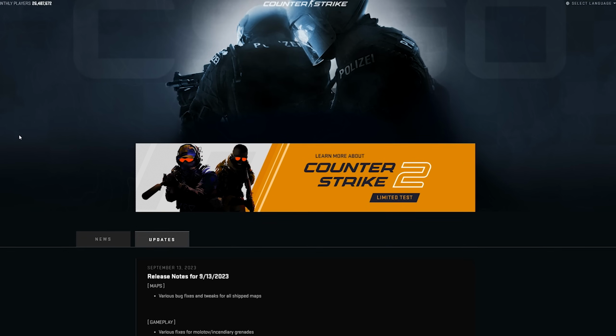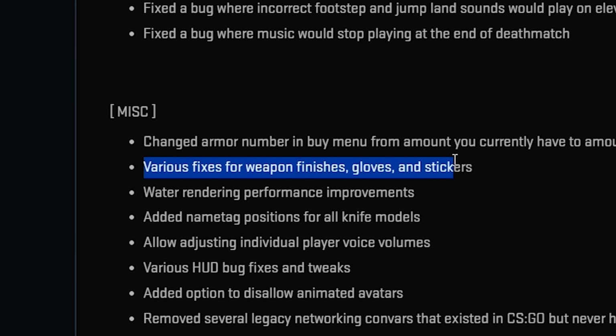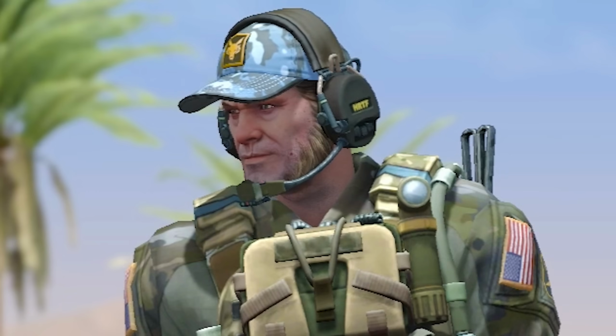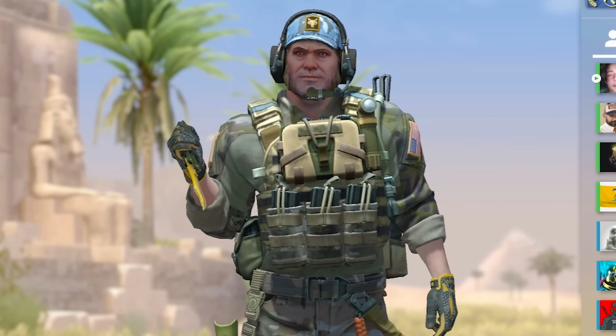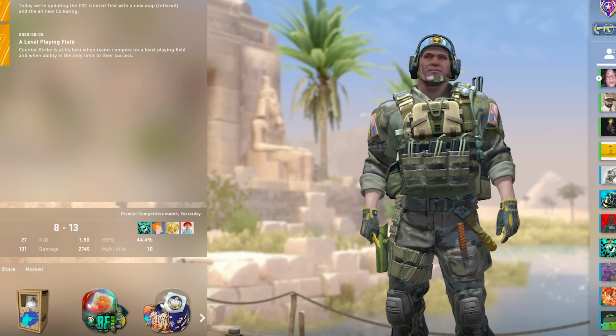Yesterday, Valve dropped an update for the CS2 beta, and within these update notes right here, you'll notice there's various fixes for weapon finishes, gloves, and stickers. That isn't anything too out of the ordinary considering this is a beta and they're going to be constantly doing changes like that. But what a lot of players are finding out kind of quickly is that this is a